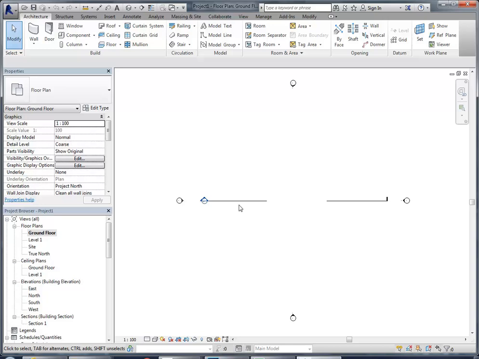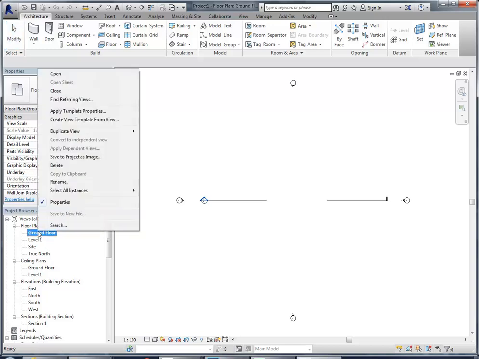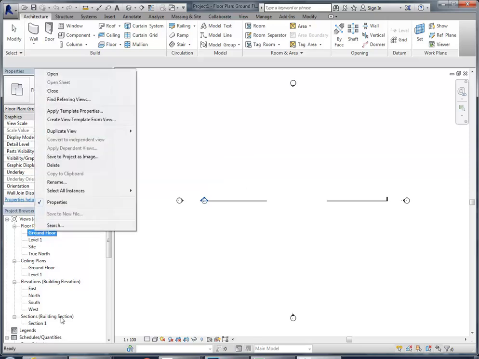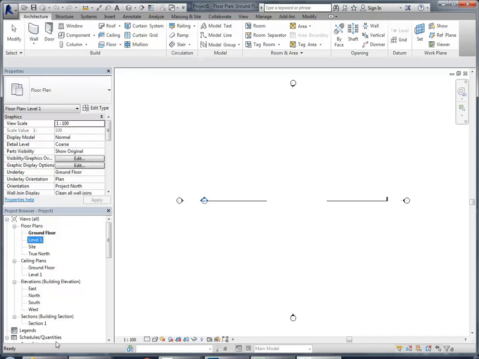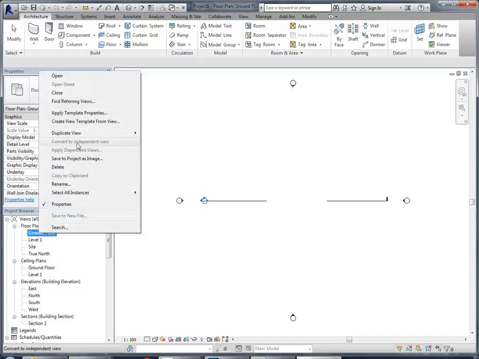Okay, so now back into Revit. We're going to do something that's not essential, but I just like to do it always with floor plans. When I'm going to bring in something like an image, I like to duplicate them. So if you're not used to doing this, it's really worth trying. When you right click on any floor plan, or most other views you can do this as well. So right click on the name, and you can go to duplicate view,